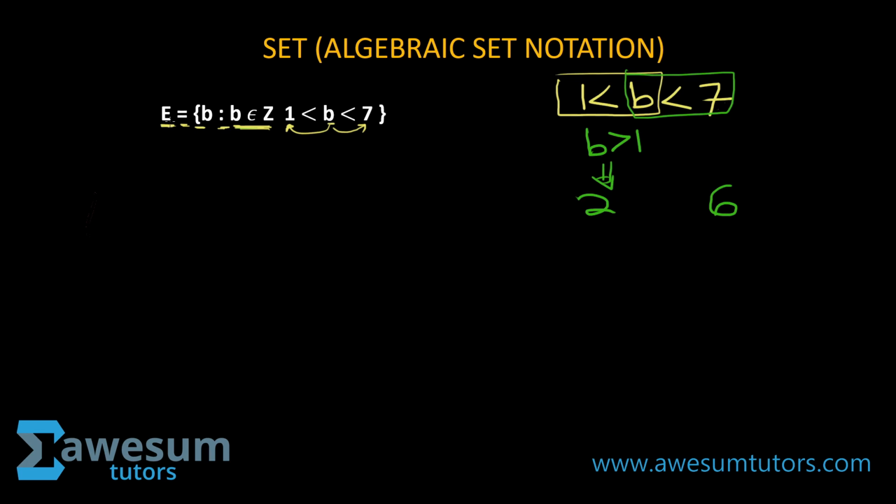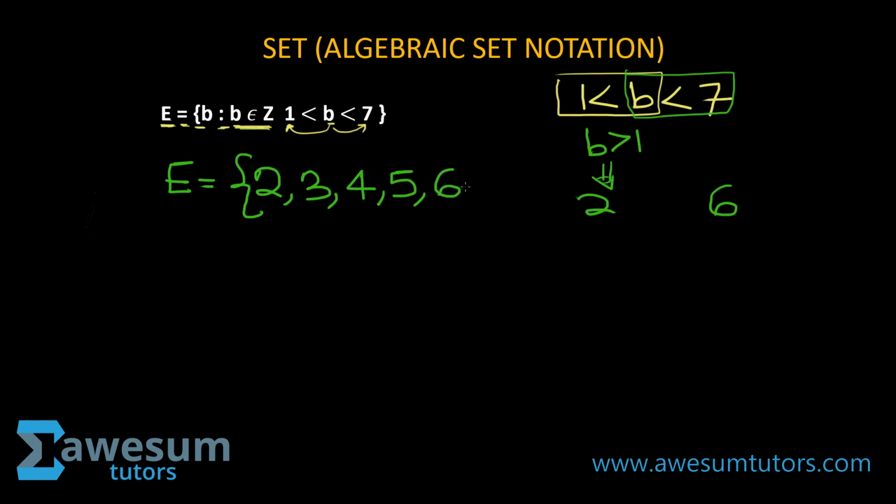So that means for me to list out the elements of E, it's going to be this. Put your brace, okay? Remember, 1 less than B means B is greater than 1. That's going to start from 2. Then I'll go ahead and start increasing. 3, 4, 5,